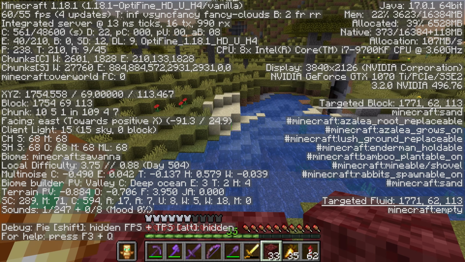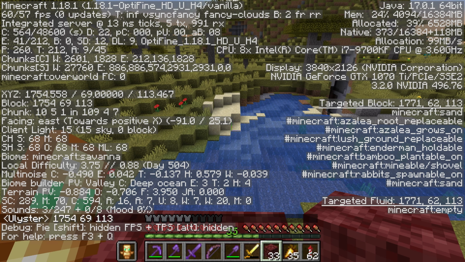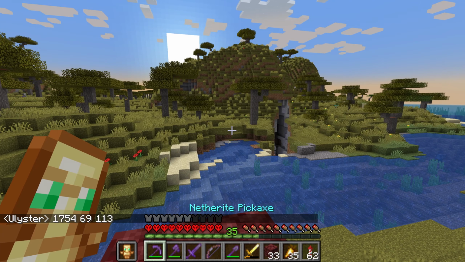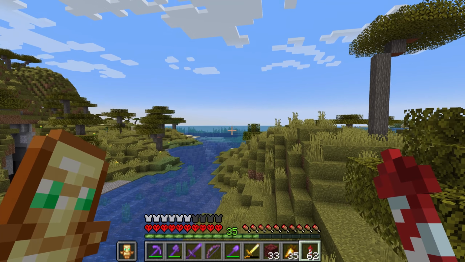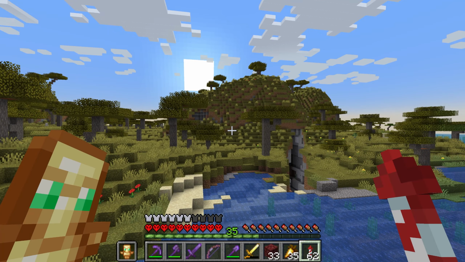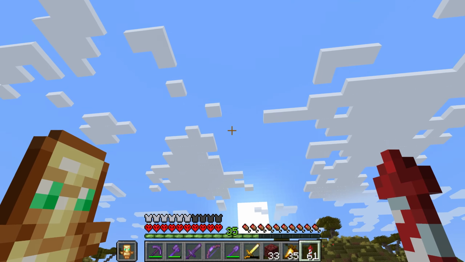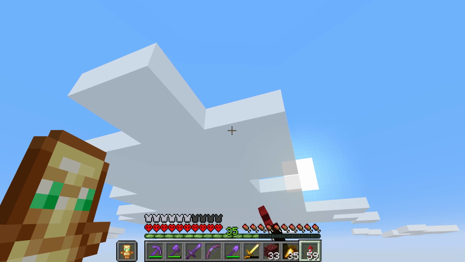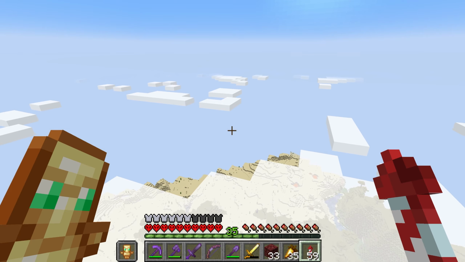This is what I get for not taking coordinates. Right, so speaking of, let's just write this down now. 1754, 69, nice. 113, there. That's where I have to come back to get back to this portal. Excellent, right. Oh, thank God I repaired my Elytra before doing this. The ocean's in that direction, which means the sun's rising over there. So if we head towards the sun... First of all, it's going to upset Icarus. But second, it might give me a nice view...